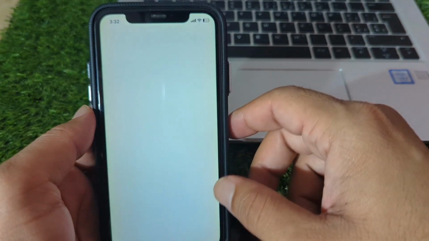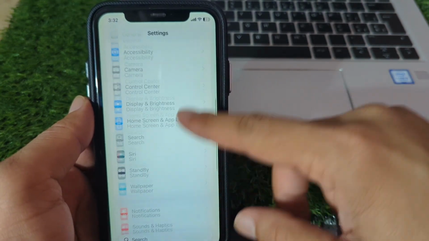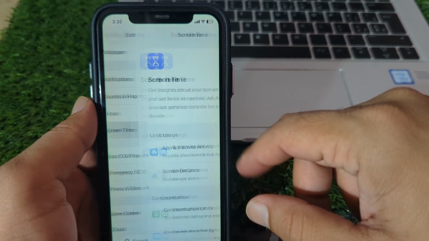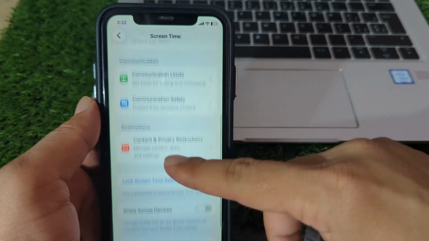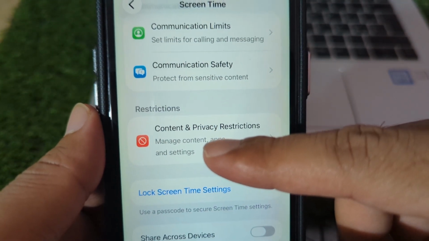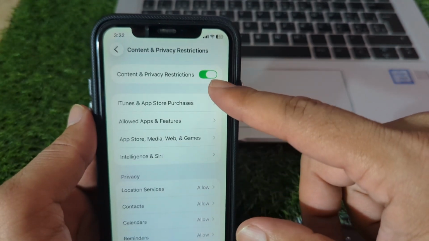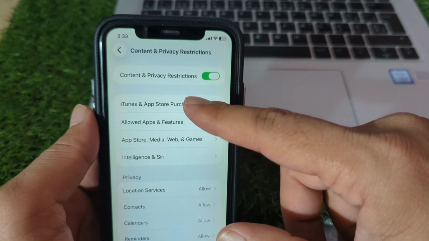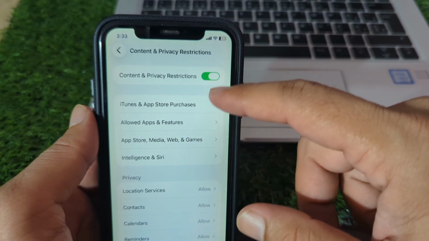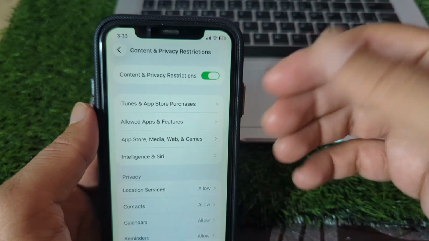So guys, first of all, open settings on your device and then scroll down, and from here you have to simply go to screen time and then scroll down, and here you can see the content and privacy restrictions option. You have to simply tap on this, and from here you can see the restrictions toggle or content and privacy restrictions toggle. So guys, with this toggle you can easily turn off restrictions or disable restrictions on your iPhone in